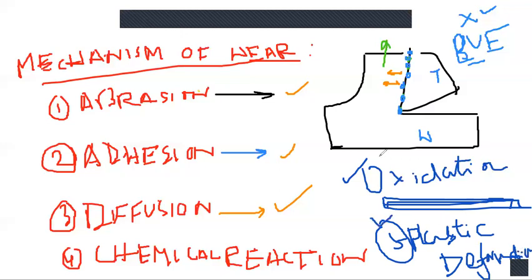I have already told in our previous lecture and at the very beginning of this lecture why the tool or job is plastically deformed. Okay, this is our failure. Okay, now